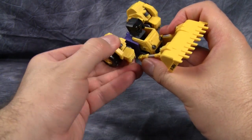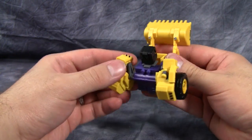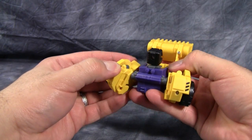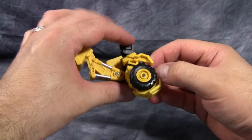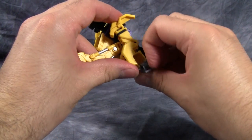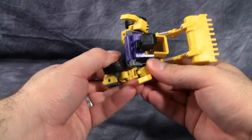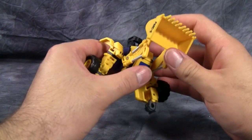Then take the wheels and rotate them so that this piece is pointing kind of down, and unpeg the wheels from that rotating piece, then unpeg the inside of the wheel from itself, fold it all the way out, rotate the wheel around, fold out the hand, and rotate the whole section. Do the same over here, unpeg, rotate the wheel, flip out the hand, rotate the whole section,